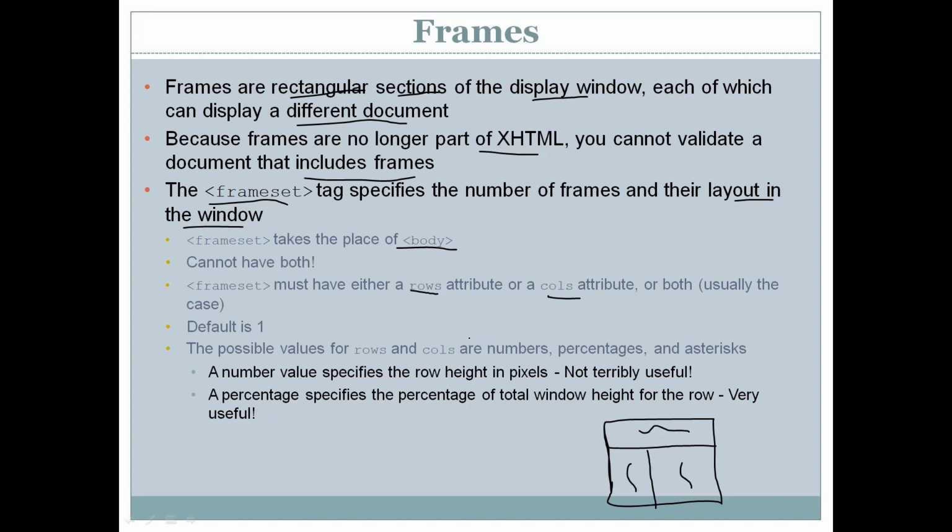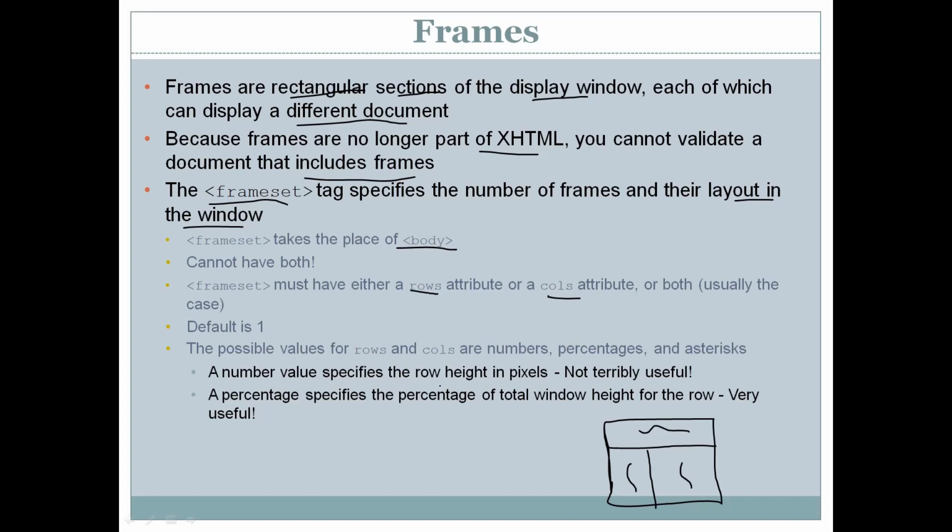And this can be specified by using the rows attribute, or even columns. If you look at the columns, in the first row we have a single column, whereas in the second row we have two columns, which can be specified by using the cols attribute. By default it is one row and one column when we have a single window. The possible values of rows and columns are numbers. We can use numbers as the values, or the value can be specified in percentages like 10%, 20%, 30%, or even an asterisk, that is a star symbol, which means everything which is available.